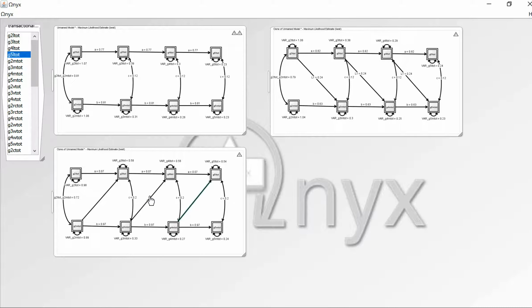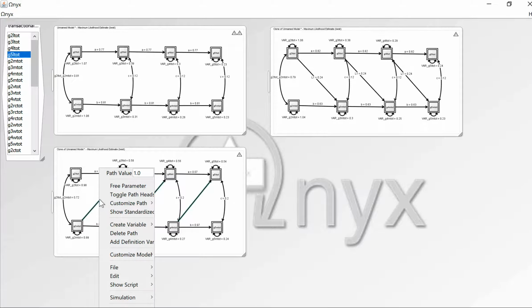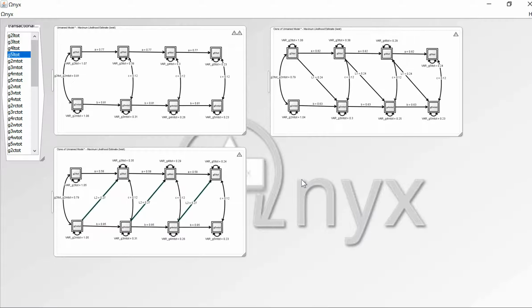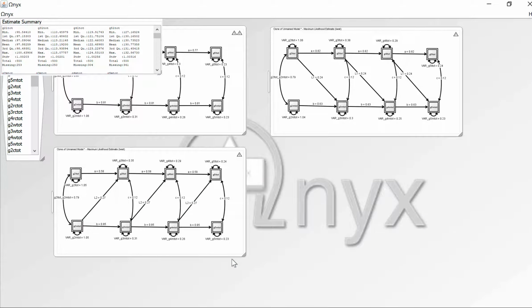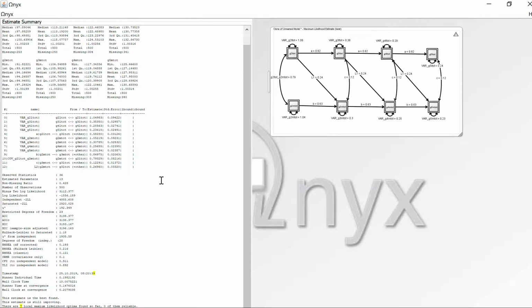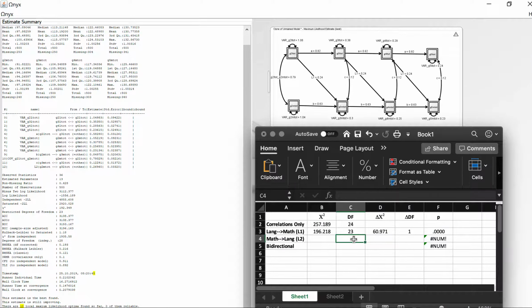Same steps here. And I always call this path L2, just for my own convention. And let's look at the output. Again, relative to the unconditional model, it's just a 1 degree of freedom change. So we would expect this model to also have 23 degrees of freedom, which it does. And then,